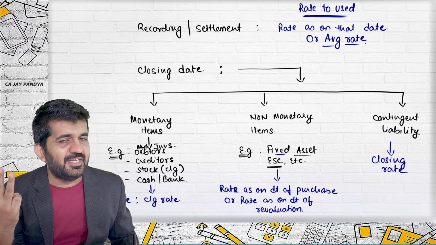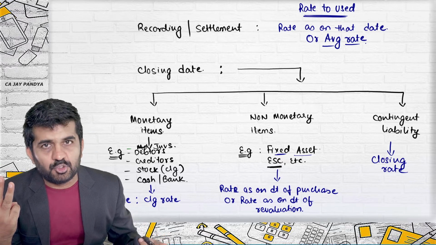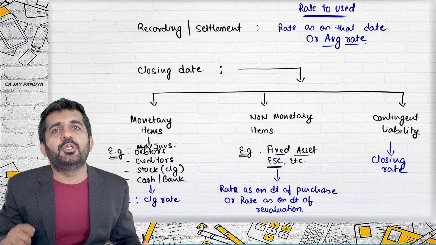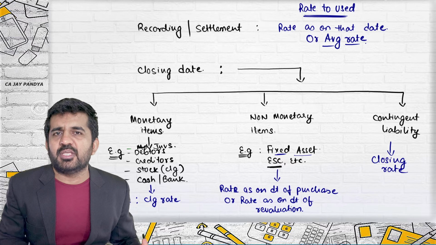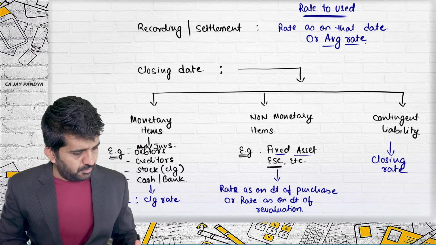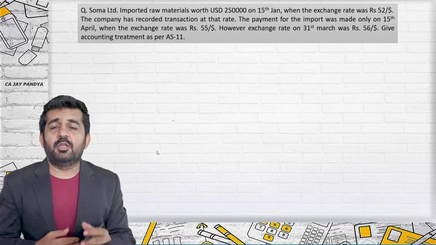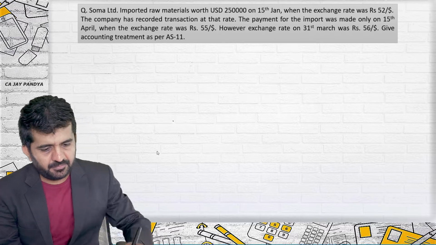The third relevant date is the settlement date. That will also be done at the actual rate. The difference arising due to this will be transferred to profit and loss account. They are treated as revenue, profit or loss and will be transferred to profit and loss account. We are going to the next point. Let us solve one or a couple of questions related to foreign currency transactions.